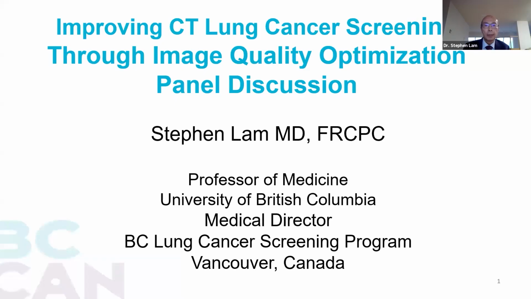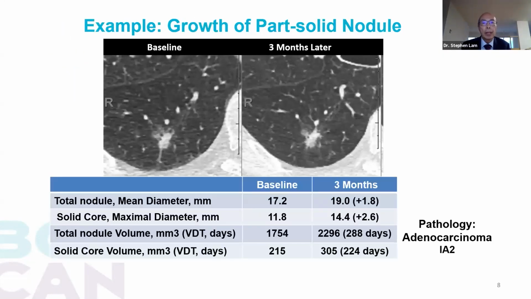I would like to give a pulmonologist perspective as to why it is so important to be able to make measurements accurately, consistently, and also stable over a period of time. Can I have my first slide, please? So next slide, please. So I just want to give an example of a part solid nodule at baseline and